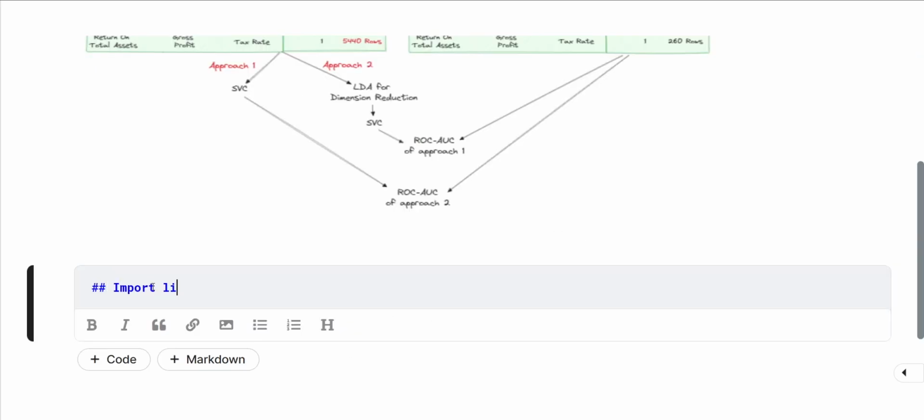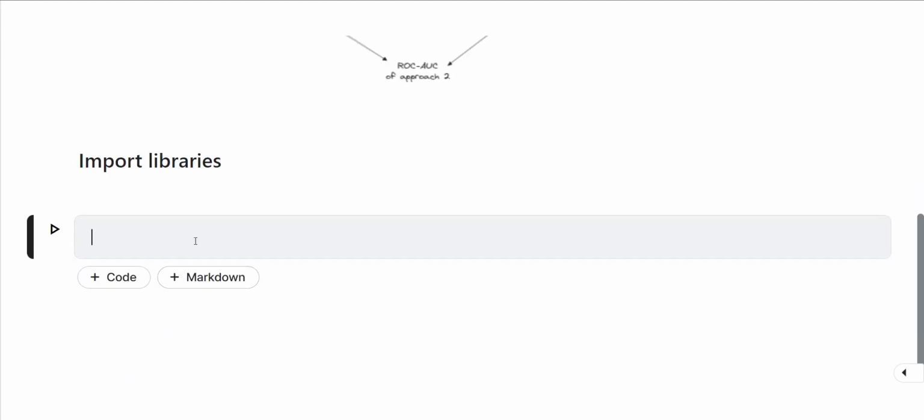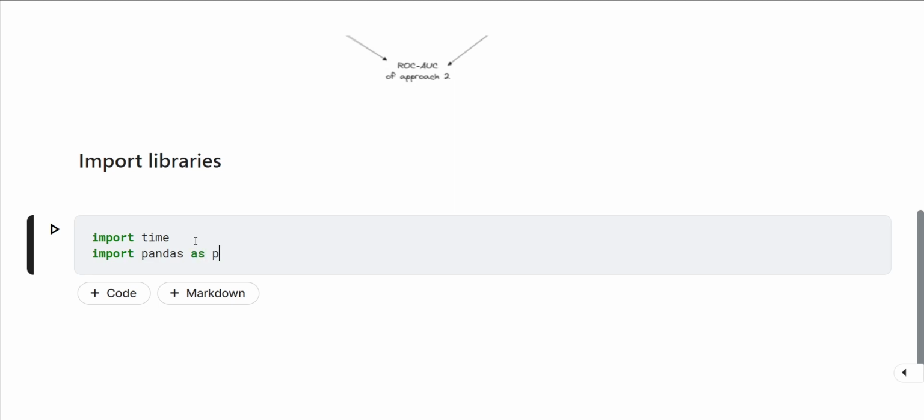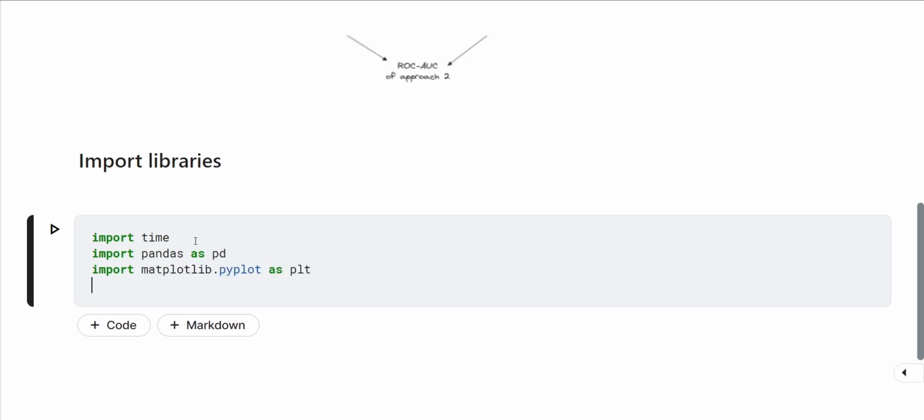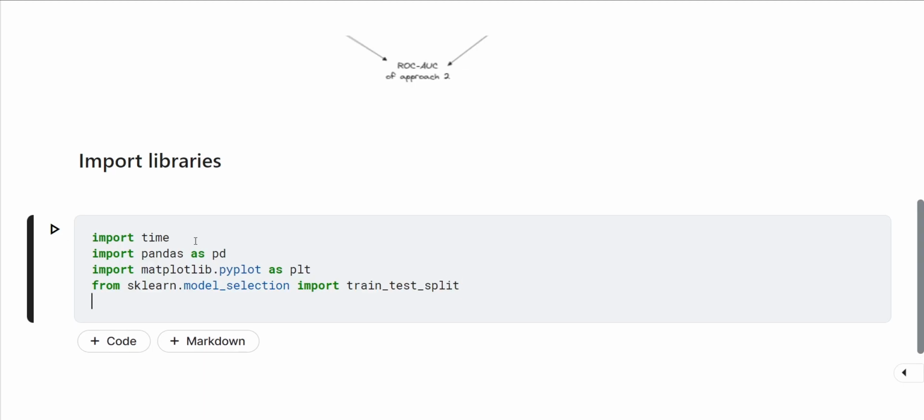First, we want to import some libraries. We're going to be using the time functions to measure how the two approaches run. Also import the standard libraries for managing the dataset and some libraries to visualize our models. From sklearn, we'll be using the train test split to split our dataset into the training and the test set. We also be using the SVM classifier,